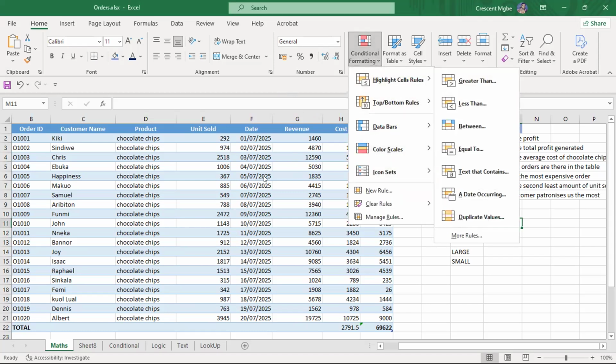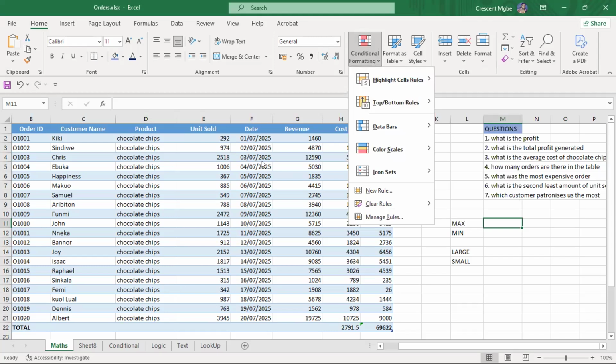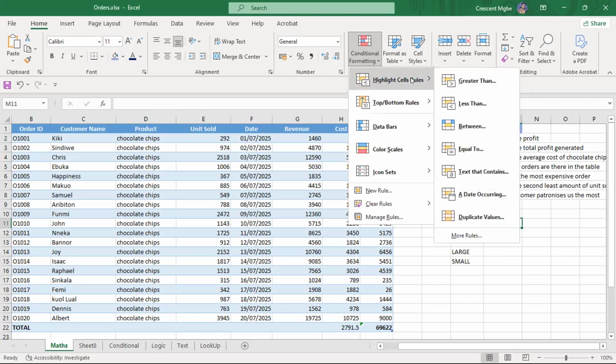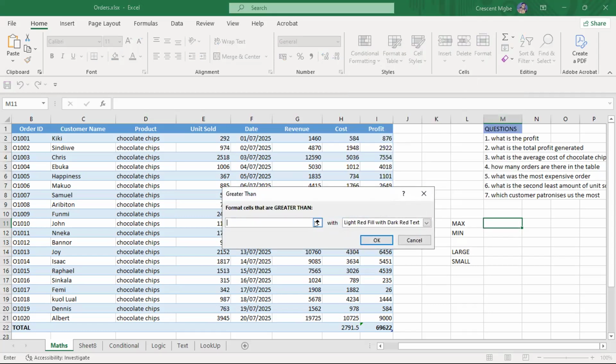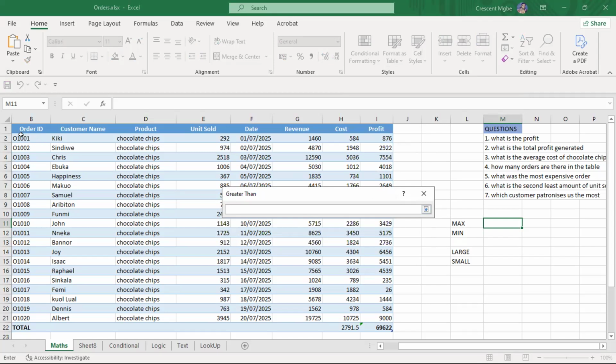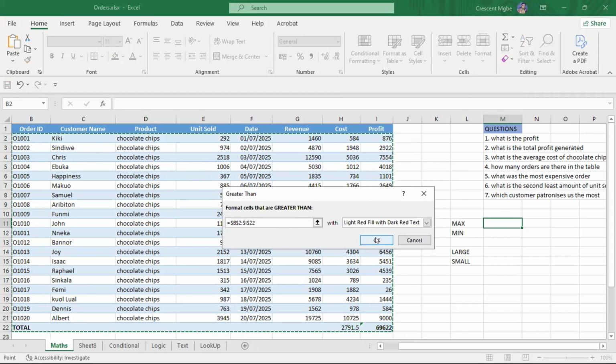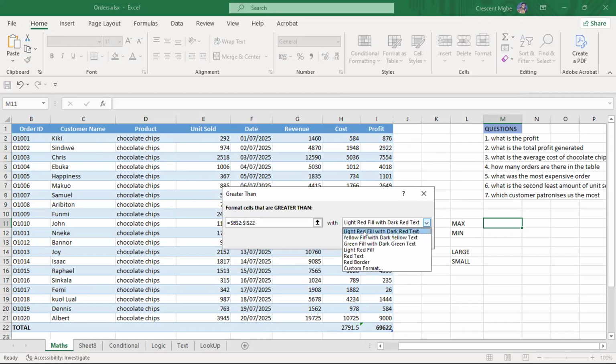You can say, okay, any value that's above, let's say, highlight cells greater than any value that's greater than, let's use greater than, among these, then any value that is greater than, highlight it with red. Yeah, let's use red. Fill with dark red. So cells that are greater than,